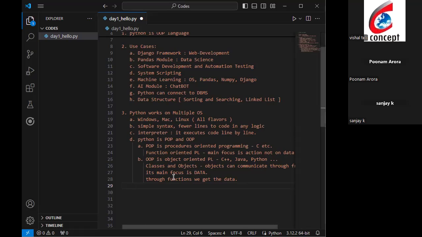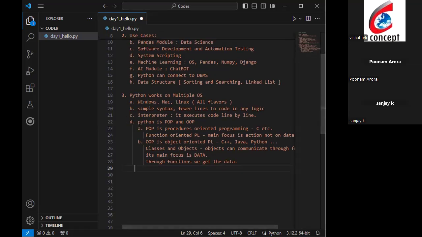So there are many versions of Python actually, like Python 3, now there are Python 3.1, then 2. It's nothing but the recent updates. If you install the latest one, you get the latest updates. So comparing Python's syntax with other programming languages, if you know the C programming language,